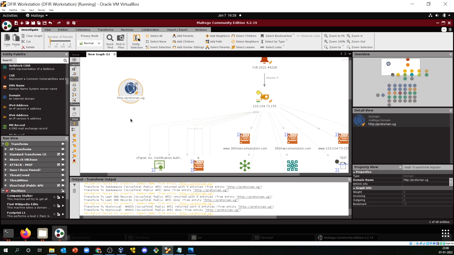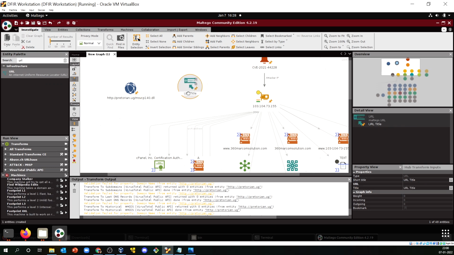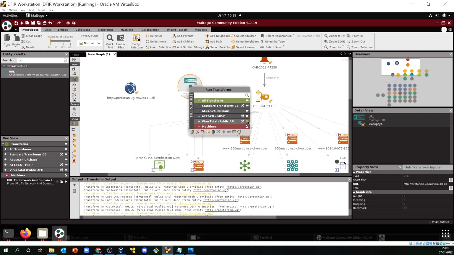Again, the URLhaus information, I believe that is also available over here, right? So what we can do, we can quickly remove this and paste this whole thing. Okay, I believe there should be an option for URL. Yes, there was a URL option also available. So what we can do, we can create this URL. What could be the URL over here? You can paste it, and now let us run the VirusTotal scan again on this particular URL.